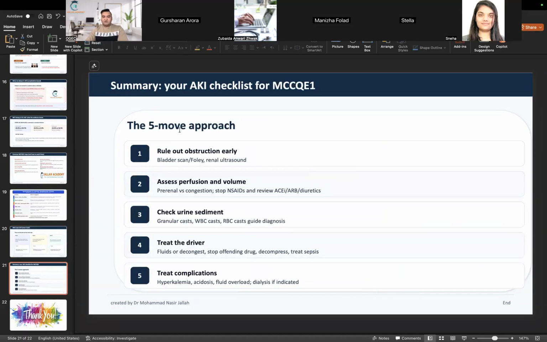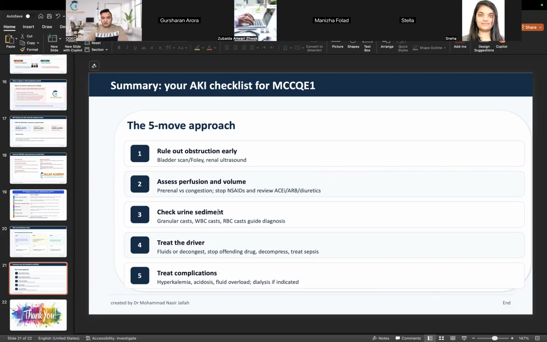So the five-step approach: rule out obstruction early. How do I do that? By ultrasound and imaging. Obviously, we did the history, but history itself is not enough. It is 60% enough. But if I do the ultrasound, it will give me a 100% diagnosis. If there's hydronephrosis, I have it. Then I do decompression. Assess perfusion and volume, pre-renal versus congestion, stop NSAIDs and review the ACE inhibitor, ARBs, and